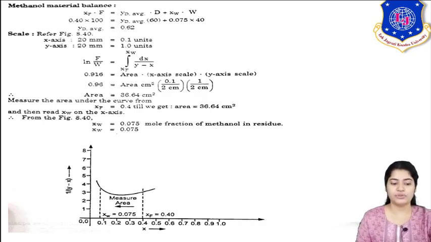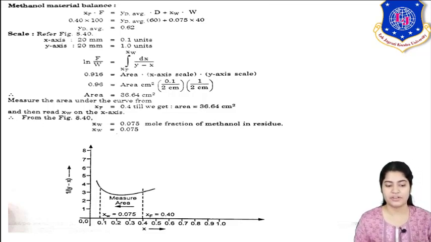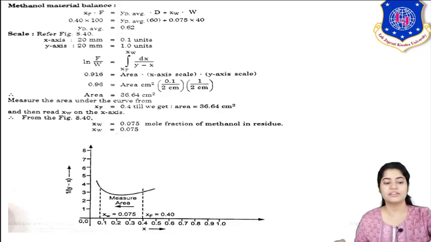So now what you have to do? Starting from 0.4, what is your feed condition? See in the graph, your feed condition is 0.4. So starting from 0.4 to the left side, you have to shade the area. What is the graph scale? One box is equal to 1 centimeter square. So you can see after shading almost 36 boxes, you have to do it accurately, trying to shade an area equal to 36.64 centimeter square. The point where I cover my area, that is the point you will get as Xw.